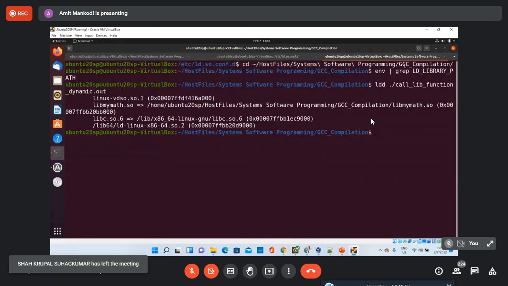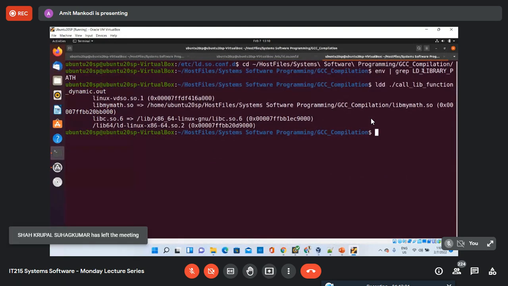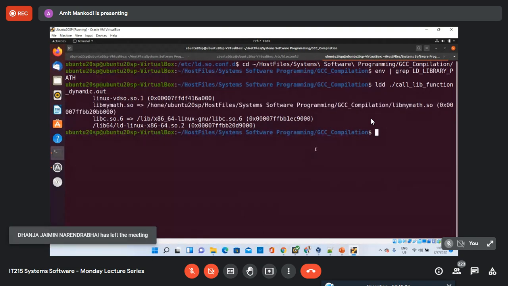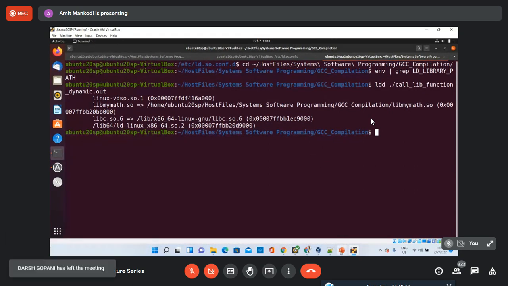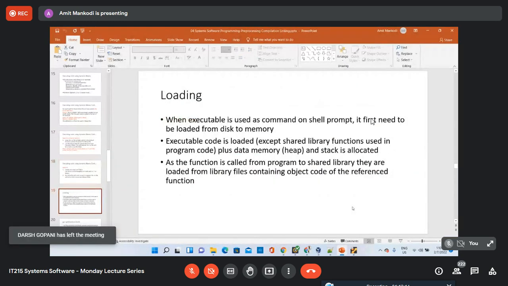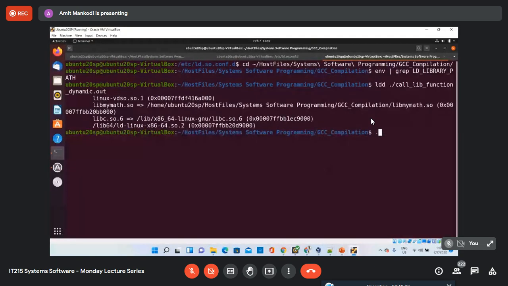So without the LD_LIBRARY_PATH environment variable, using this conf file you can also say where to look for the .so file. Clear to everyone? So now if I run this executable here, it should run without any problems.